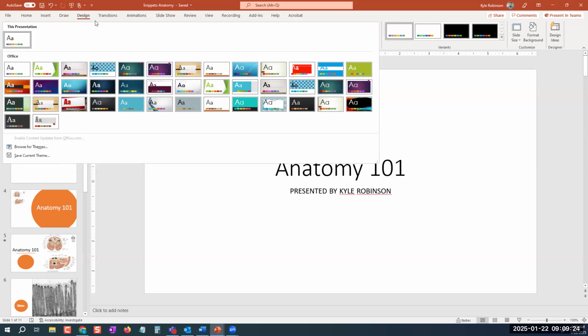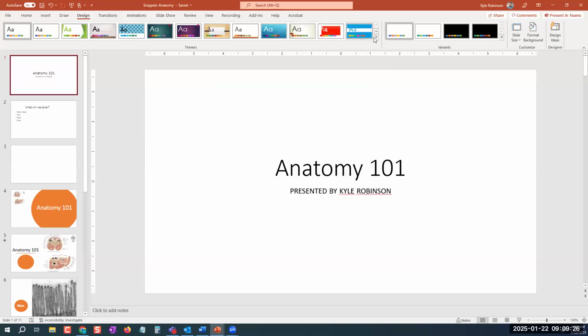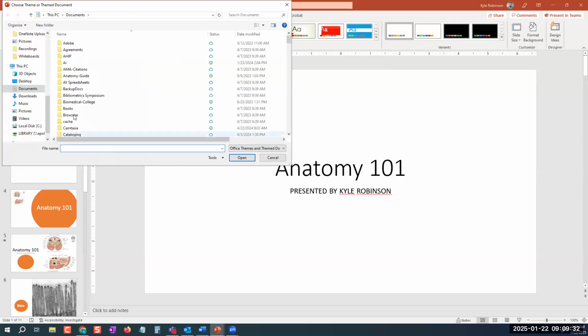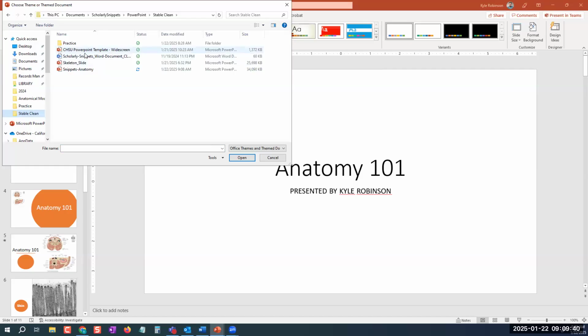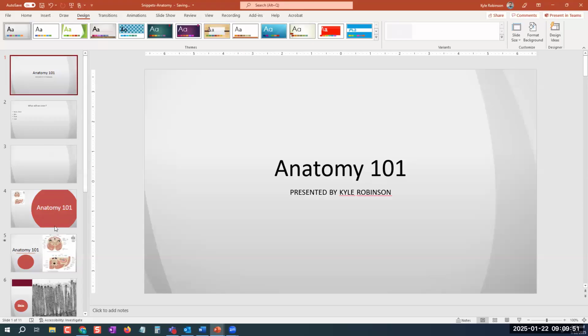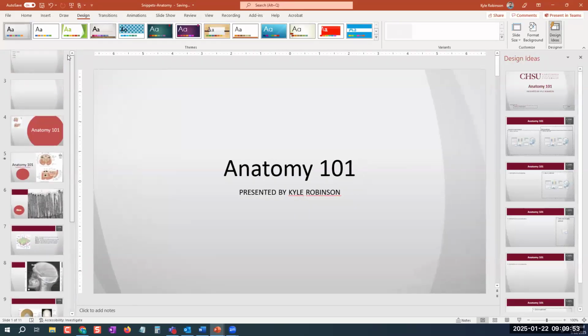So we're gonna go again to this design tab. We'll open this little drop-down menu here, and then we'll go to browse for themes. And then all you have to do is find a PowerPoint that already has that theme, right? So if I go to here, I have this CHSU, which is my organization PowerPoint template. We can hit apply,